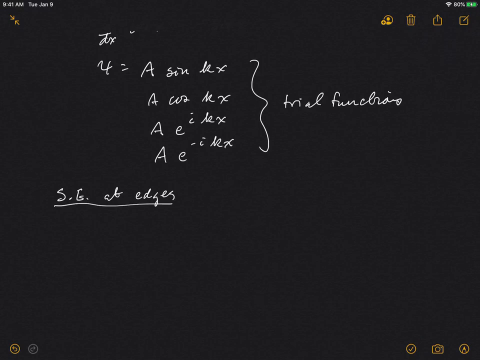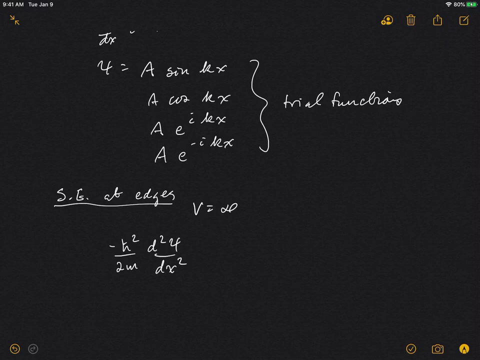So at the edges, the potential is infinity. So we get minus h bar squared over 2m d squared psi dx squared plus infinity times psi equals E